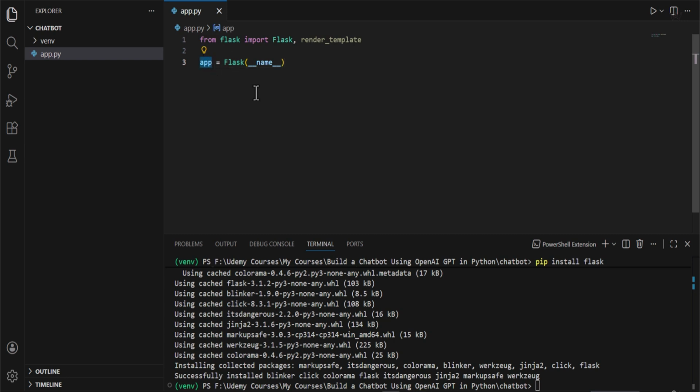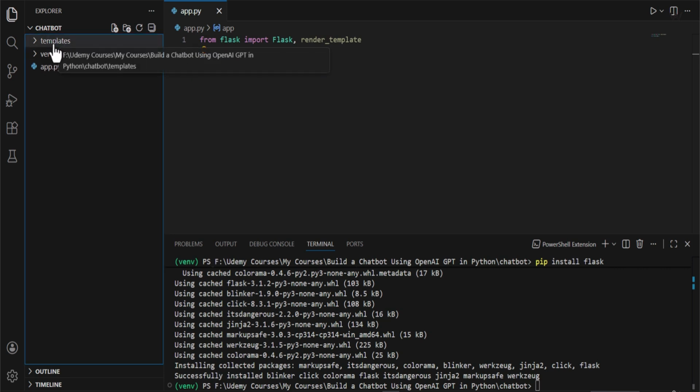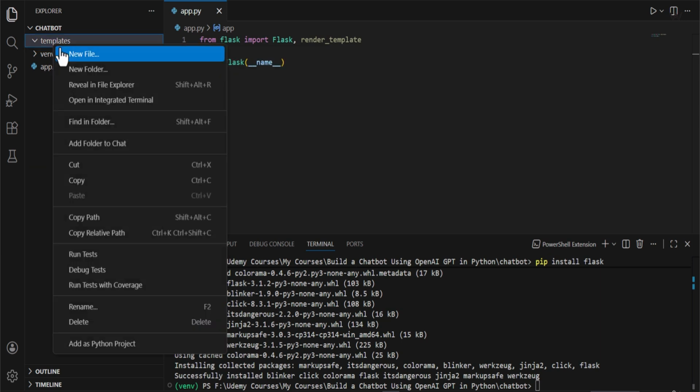as the website itself. Now, the next step is to create the templates folder. Flask follows conventions. If we want Flask to show HTML pages, then they must go inside a folder called templates. That's the only way Flask understands. So inside the chatbot folder, I'm going to create a new folder and give it a name of templates. Remember, there should not be any spelling mistakes. Templates. And inside the templates, I'm going to create a file known as